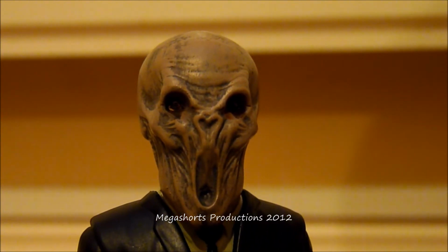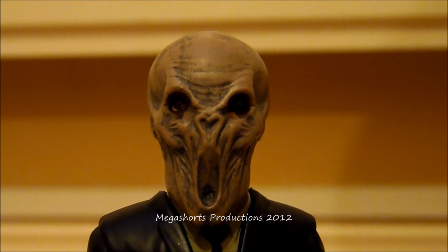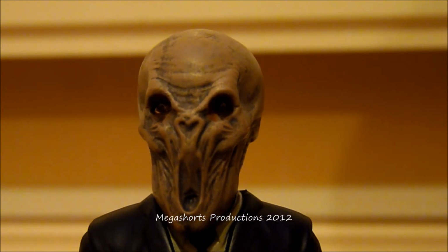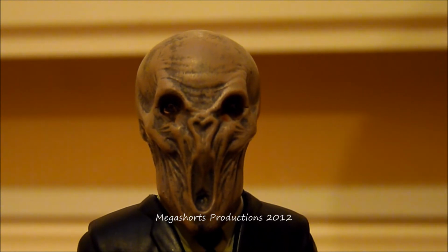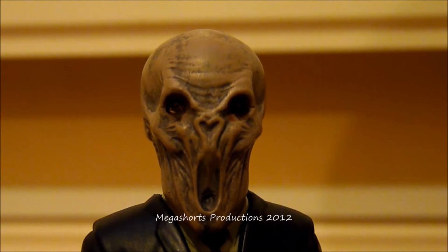So if I was to give a summary of my thoughts on this head sculpt, I'd say it's absolutely brilliant. Just perfect the way it is, looks really great up close, and it has all the brilliant detail that it needs. Okay, so that's it for the head sculpt, and now we're going to start taking a look at its